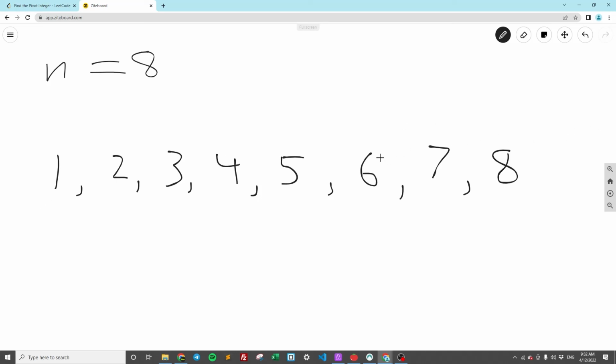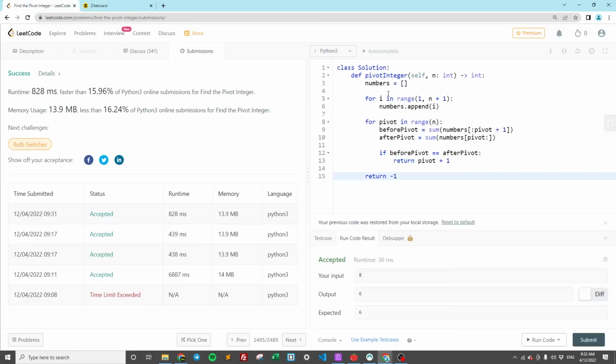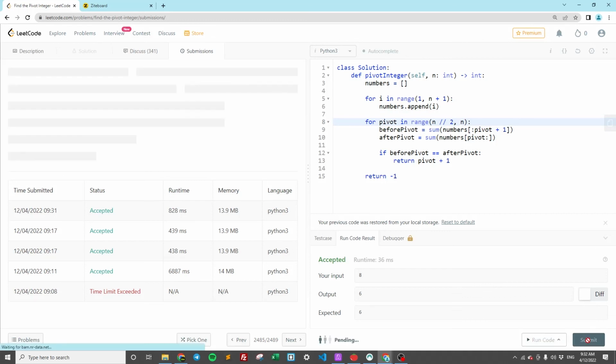I'm sure there's a proper mathematical way to determine how many we can disregard. But just for simplicity's sake, I'm going to cross out and not check the first half, because logically it's not ever going to be in this first half. So what I can do here is start it at n, the integer n divided by 2, and go all the way to the end. So now if I submit this,